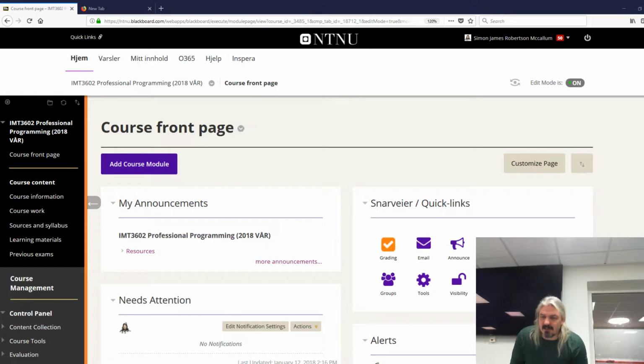Perhaps the weirdest thing about this course is that in the end, professionalism isn't a tool. It's not a thing I'm going to teach you. Professionalism is an attitude towards your work. It's an attitude towards what you do. So this course is not a content course, it's an attitude course. We're trying to get you to change the way you think about coding and think about what you do.